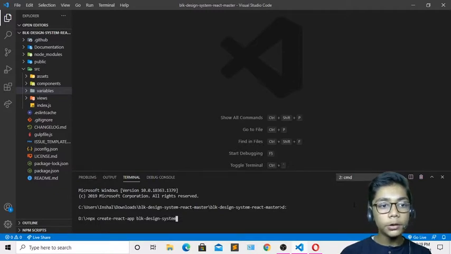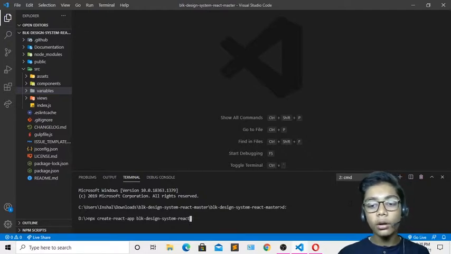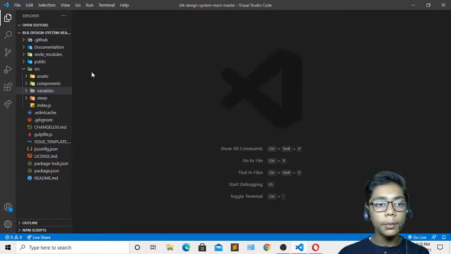Now when you've done that, you have to just write after that dash, then write react. When you've done that, you have to press enter and it will automatically generate this folder like you want, like I've told you previously also. Then I'll be just closing this terminal because now I don't need it.